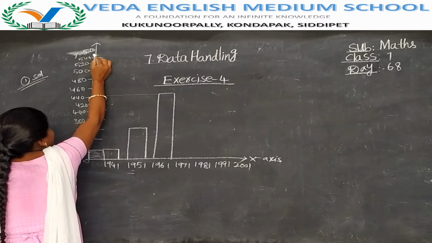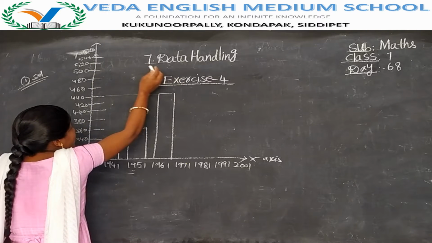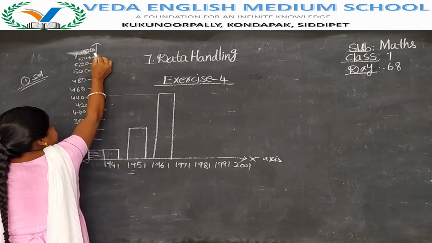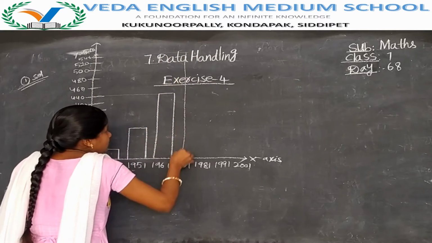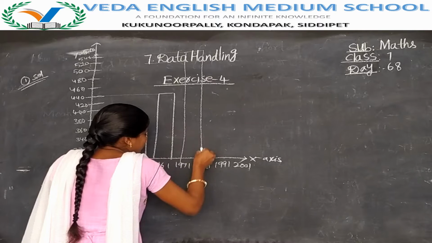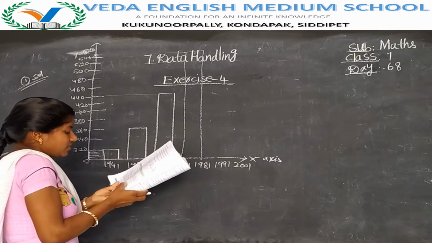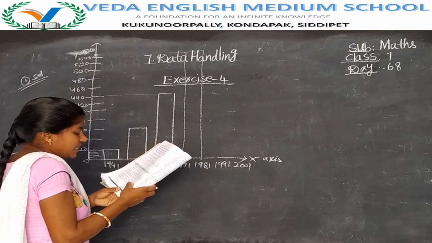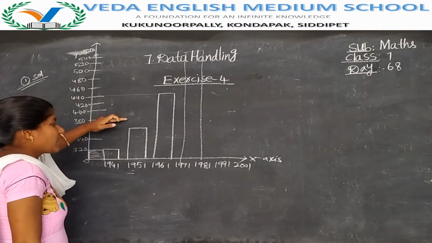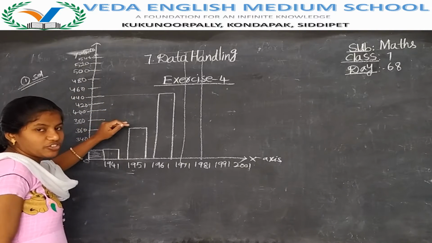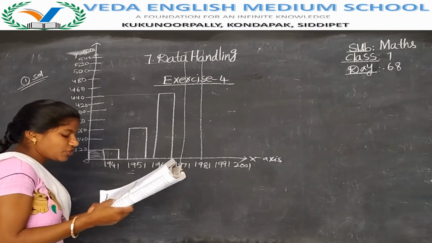After 540, the second small line is taken as 550, so it comes here like this. Next 1981 680, 850, 1000, the remaining you have to draw. So you will get the bar graph like this. Okay, it is the first solution. The bar graph comes like this in the first solution.